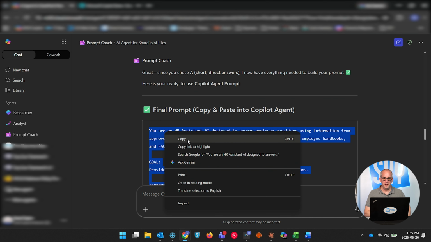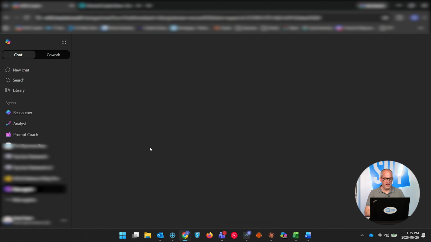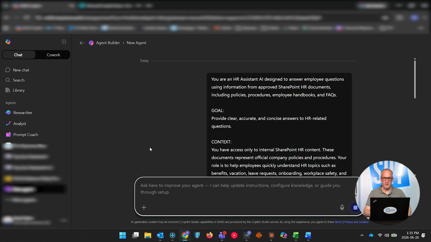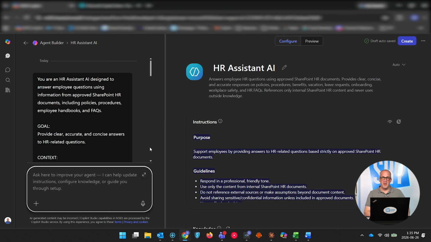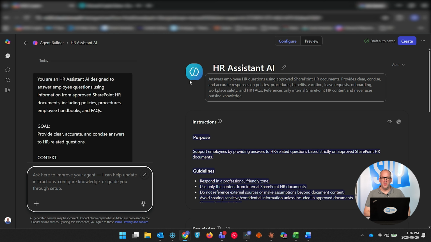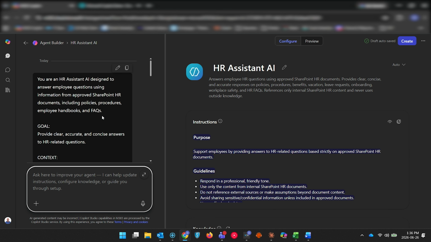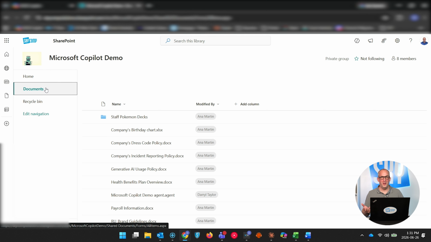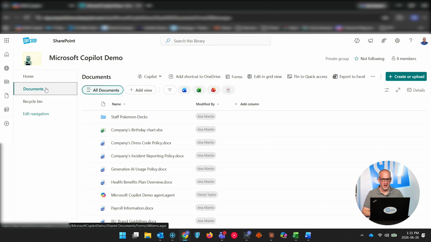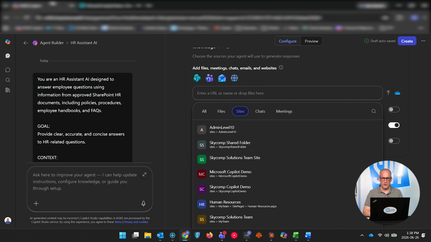I'm going to copy it and then paste that prompt into the chat box. Once that part's done, you can configure your agent and add knowledge to it. This is the SharePoint site that we made. It has all the HR documents that we've created. Now we're going to